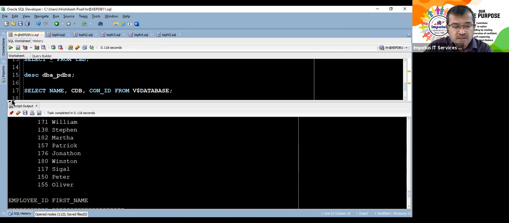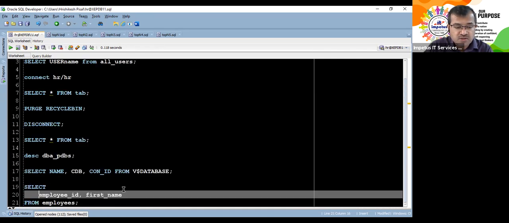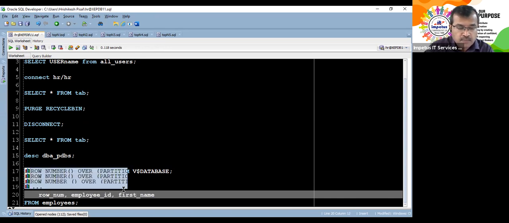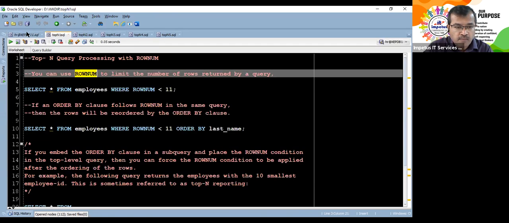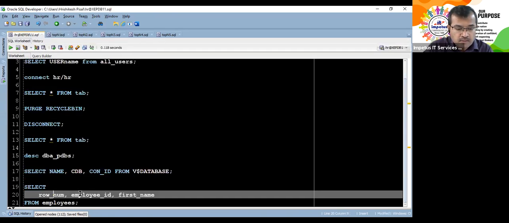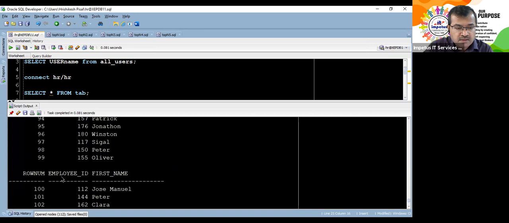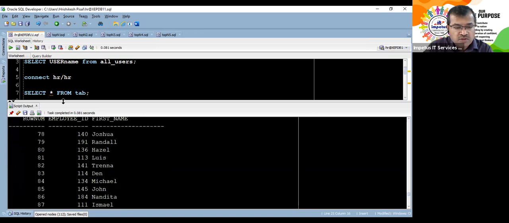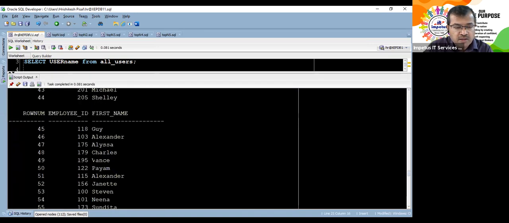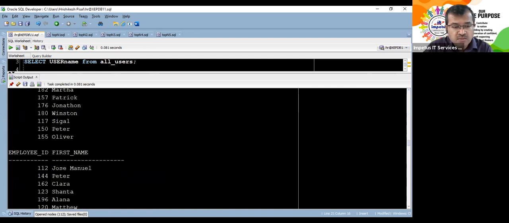Now I told you there is this pseudo column that is always associated. Suppose if I now say rownum, and now if I look at the result, if you watch this, every record has a row number associated with it.